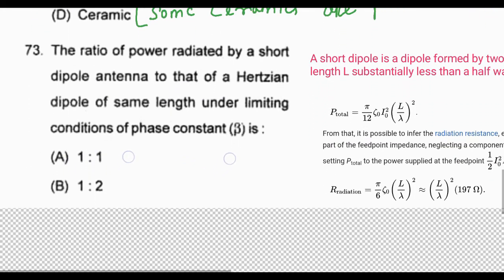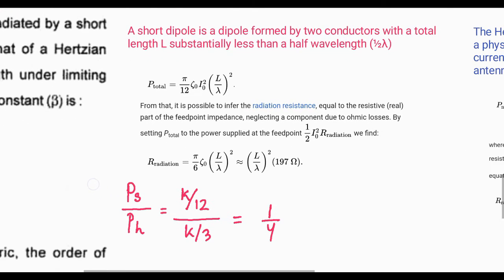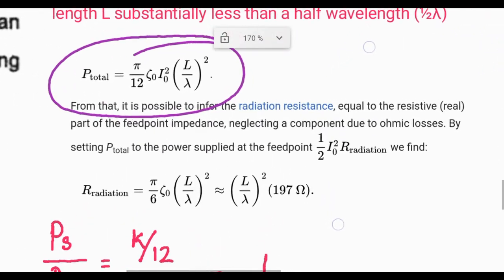Next question is the ratio of power radiated by a short dipole antenna to that of a Hertzian dipole of the same length under the limiting condition of phase constant beta. So this is from communication and electromagnetic waves. A short dipole is a dipole formed by two conductors with a total length L substantially less than a half wavelength. So this is the total power given by a short dipole,